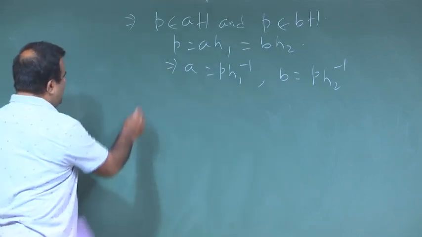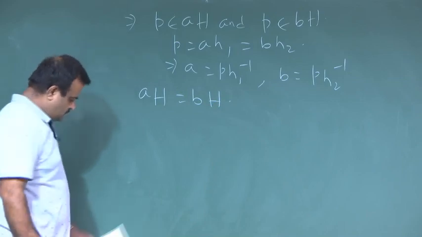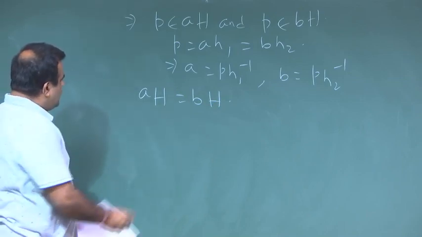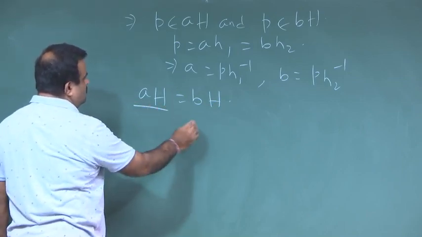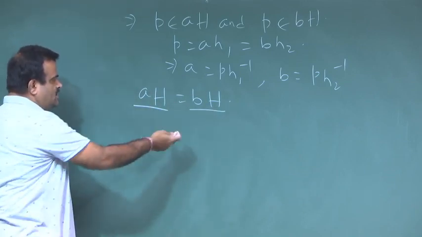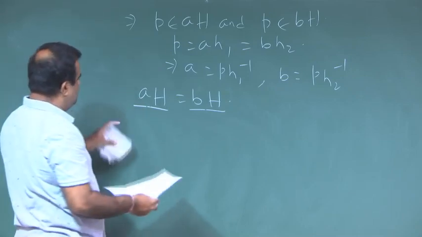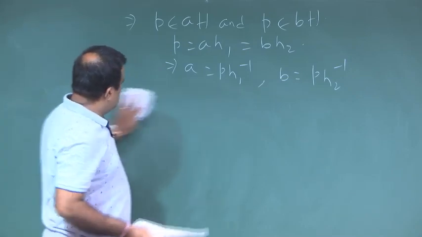So, we need to show that AH equal to BH. So, for that we need to take an element from here and we need to show that it is an element from here. So, this is a subset of this, and again we need to take an element from here and show this is an element of here. So, let us take an element from this set. So, let